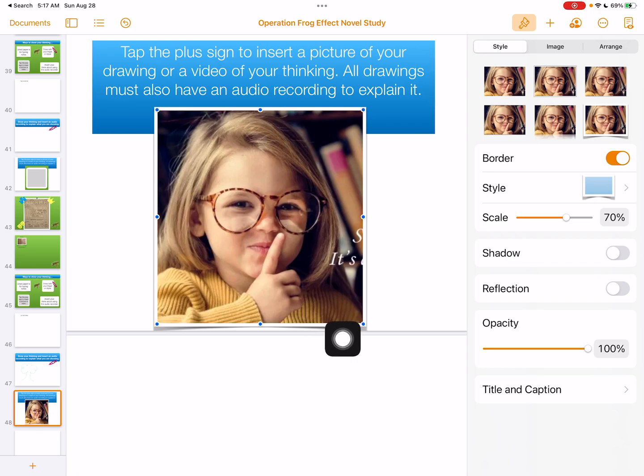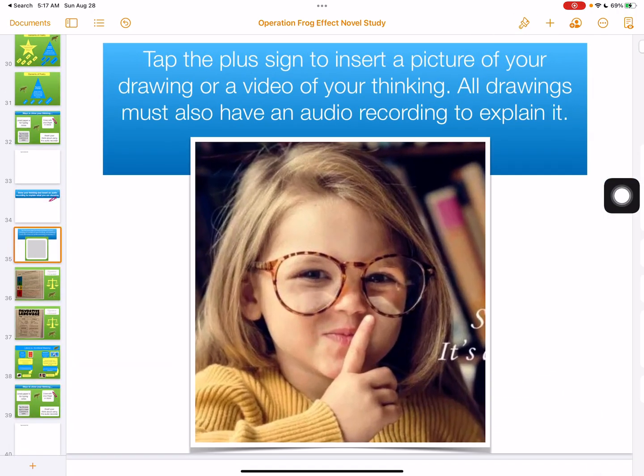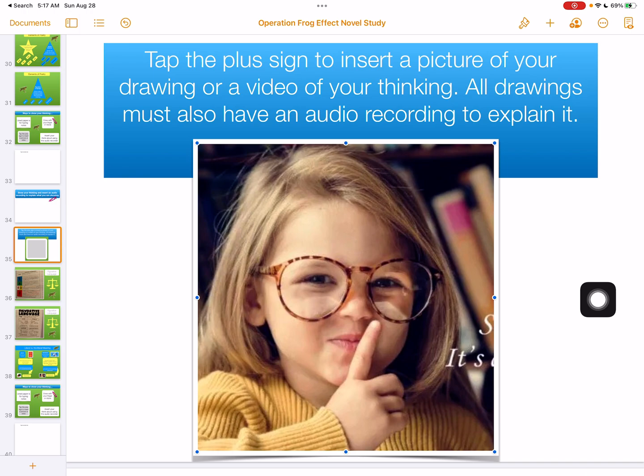So if that happens, you go into your paintbrush, which I'm already in, so I'm going to come out. But one thing you have to make sure is you've got to touch this box to have it highlighted with those blue dots. See, if I don't have anything highlighted right now, then it doesn't know what I want to alter. So I'm going to have to tap that picture. Now that you see those blue dots, I can do whatever I want to it. So if I go to the paintbrush,